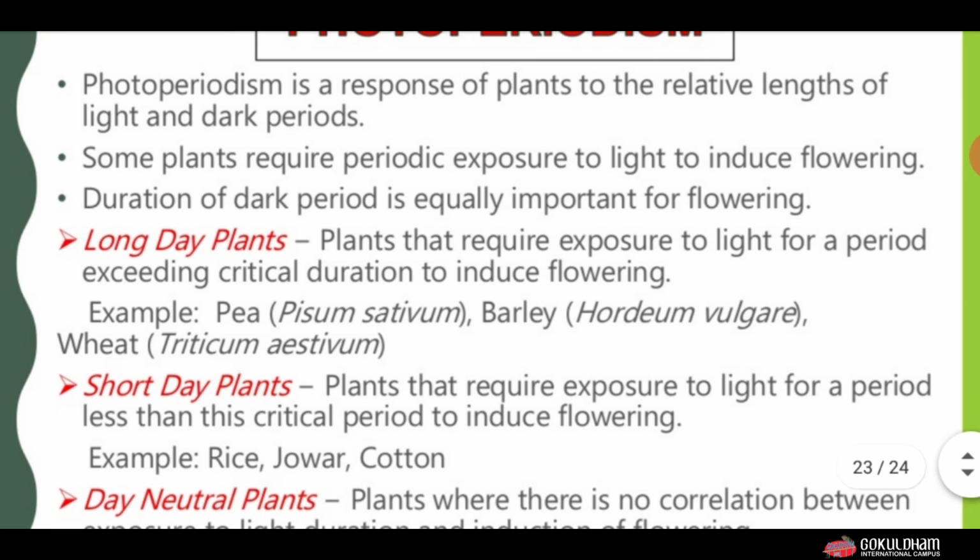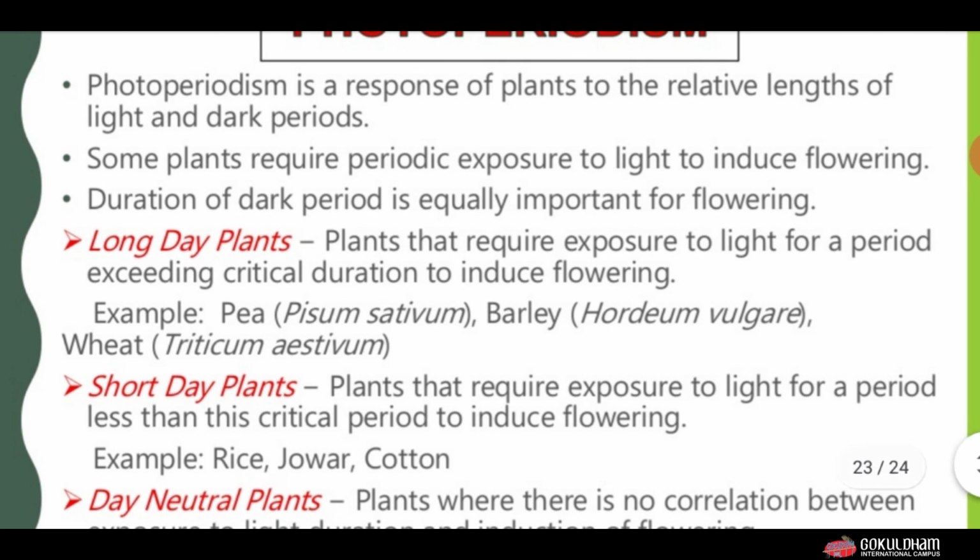Some plants require periodic exposure to light to induce flowering, which means there are certain plants which require a longer length of light or longer daylight for flowering, and the duration of the dark period is equally important for flowering. मीन्स द जो डार्कर पीरियड होता है वो भी फ्लावरिंग के लिए इम्पोर्टेंट होता है ऑन द बेसिस ऑफ द लेंथ ऑफ द लाइट और लेंथ ऑफ द डे लाइट required for the flowering in